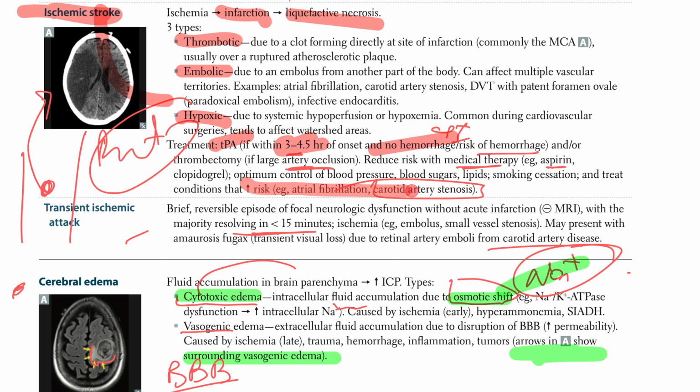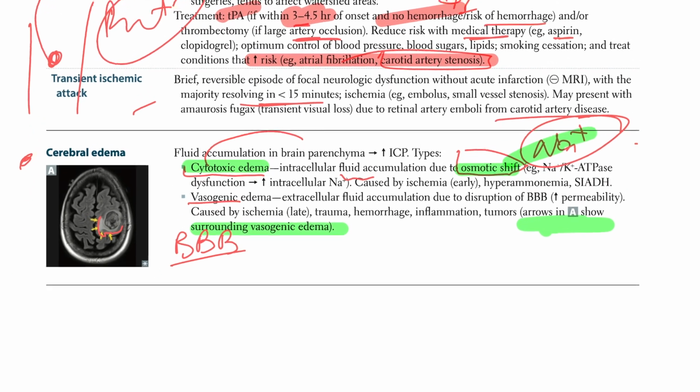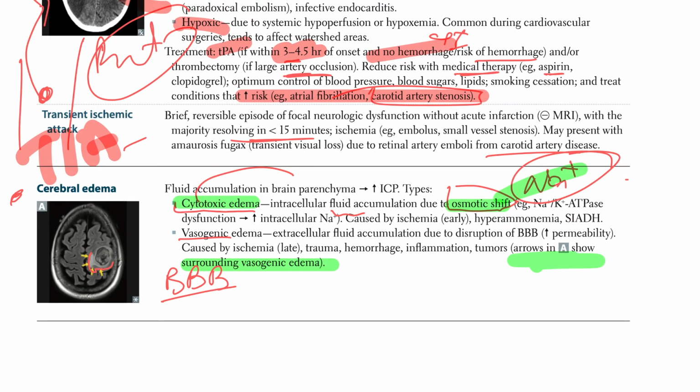But what are the risk factors? They are AFib and carotid artery stenosis. Transient ischemic attack, TIA, is all about a reversible focal neurological deficit that occurs for less than 15 minutes. For example, amaurosis fugax, which is a transient vision loss due to retinal artery emboli coming from the carotid artery